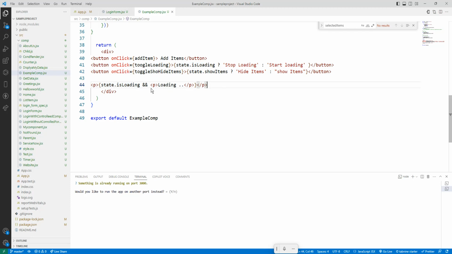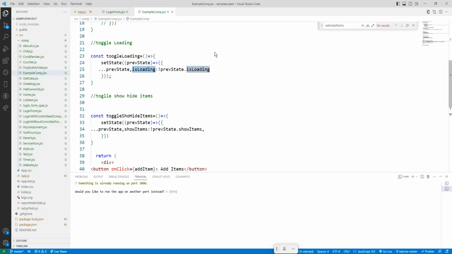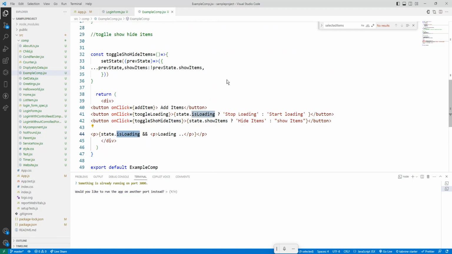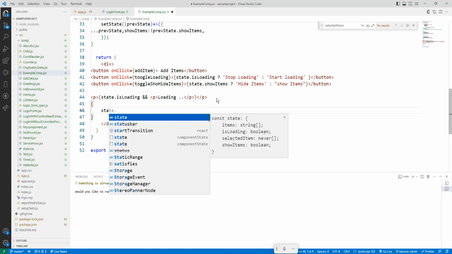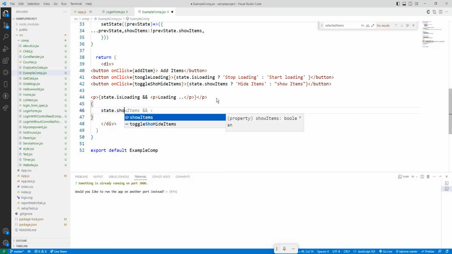Okay, what is the initial isLoading? It is false, so it will not display. If it is true, it is going to show this one. So here I want to display the data now. Bracket, state dot showItems, and